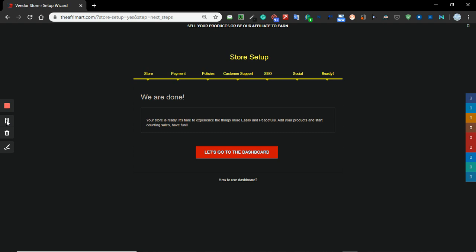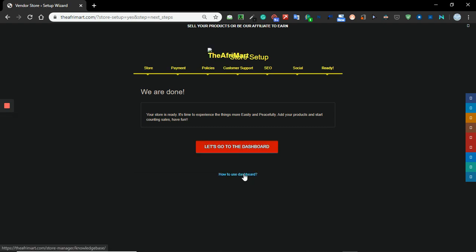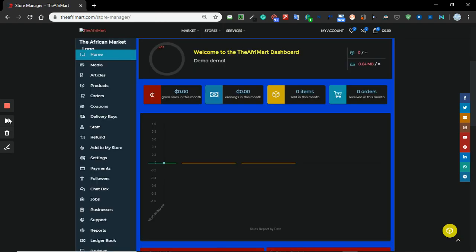Voila, you have the final stage when your shop is ready. From here, you can go straight to your shop, or you can go and read a little bit on how to use your dashboard. From here, I'm just going to go straight to my shop for you. Like this, this is your dashboard where you have all your menu here and an intuitive